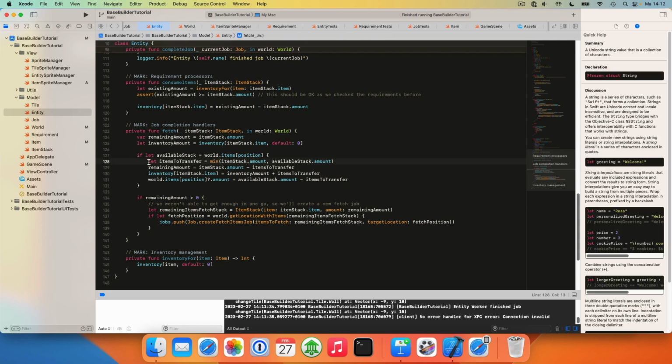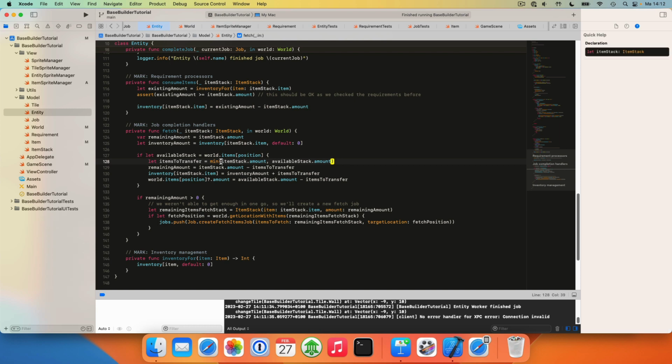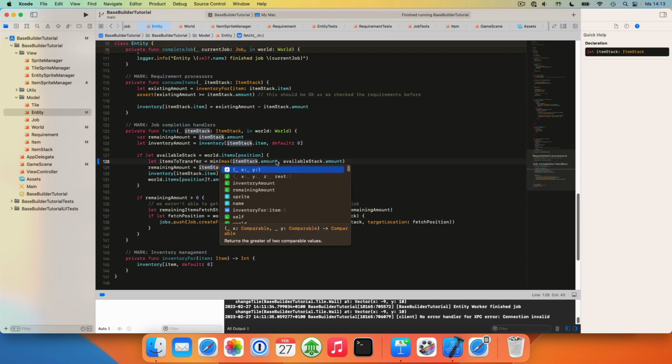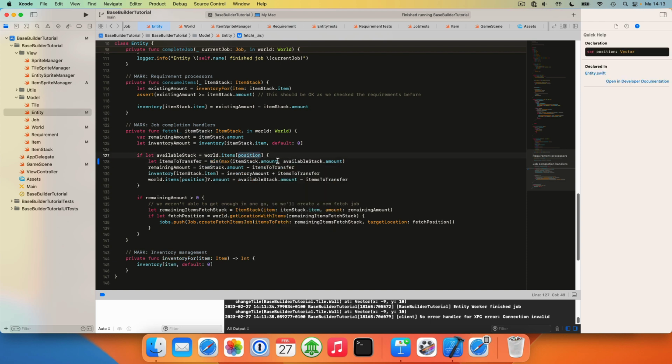We have our items to transfer here, and we're going to make this a bit more complex. So we're now taking the minimum of what is available or what is required. Let's keep the minimum for the available, so we never try and take more than exists,